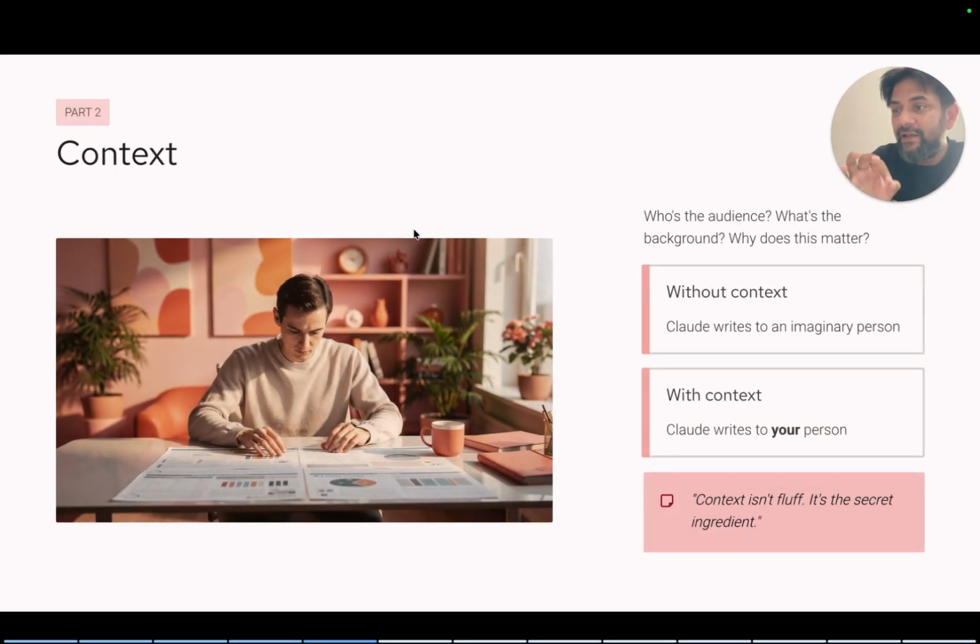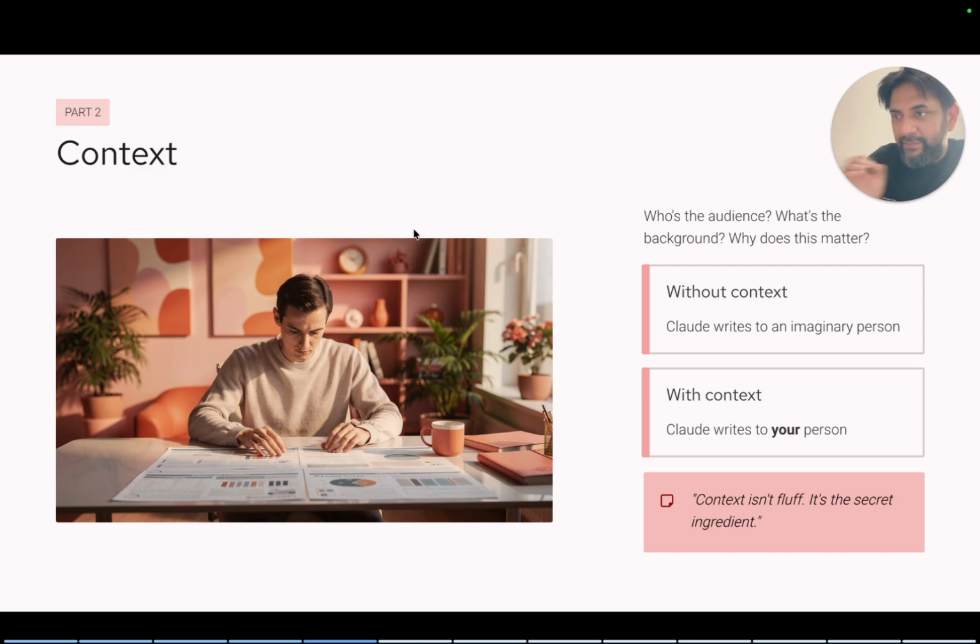Part 2. Context. Now, Claude knows what you want, but Claude doesn't know enough to do it well. So context answers: who is the audience? What is the background? Why are you doing this? And what is the bigger picture? So let's say you want a sales email.